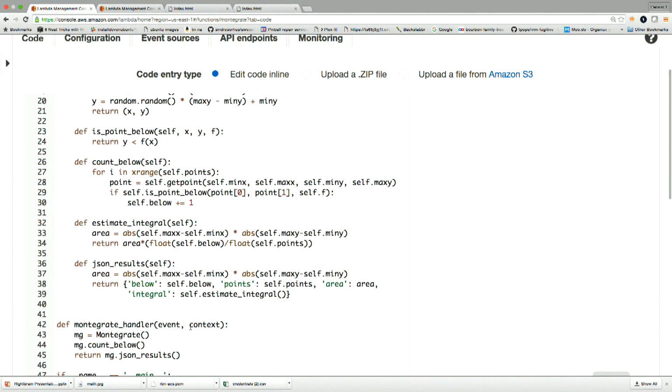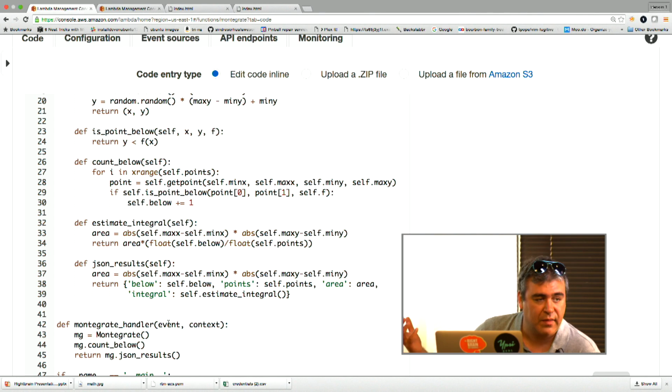You cannot save your state. You could push your state to Dynamo or a relational database or something. There's a context object. Actually, let's look at that. There's a serializable object that every Lambda function gets. The handler gets two things passed to it. One is event. An event is a dictionary in Python, with the data that you've passed in.